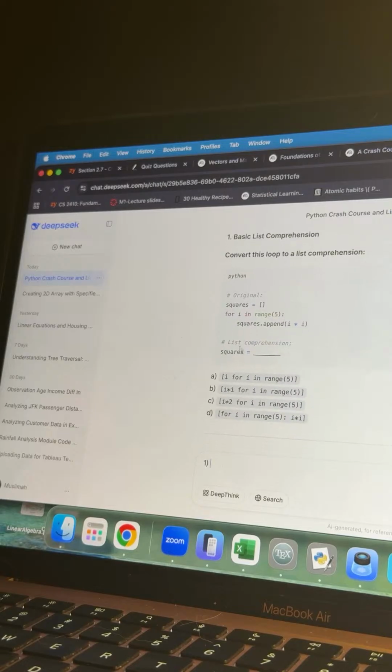Convert this loop to a list comprehension. So squares is this bracket, for i in range 5, squares.append i times i. This is so hard. I don't know. Guys, are you still here with me? Let's see. Squares, i, for